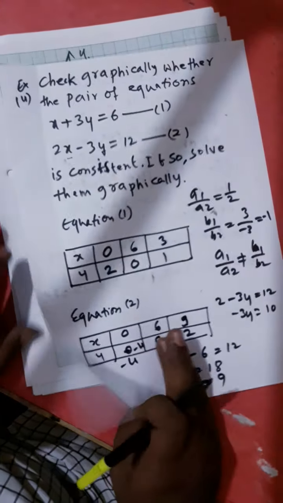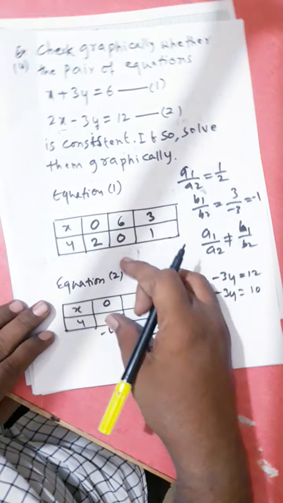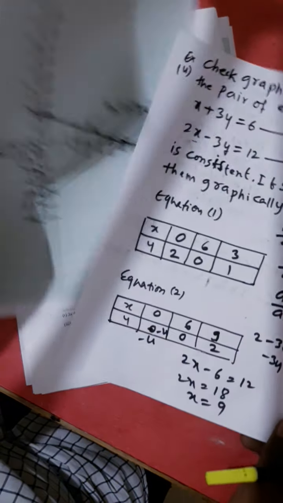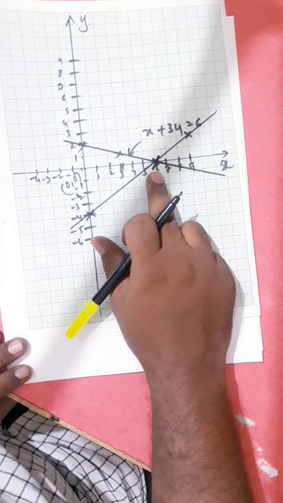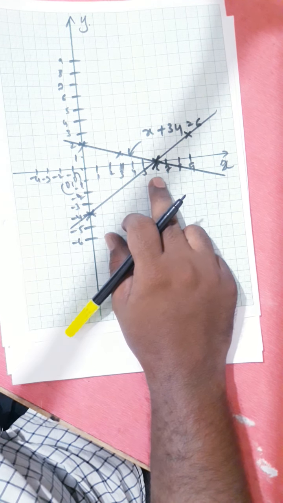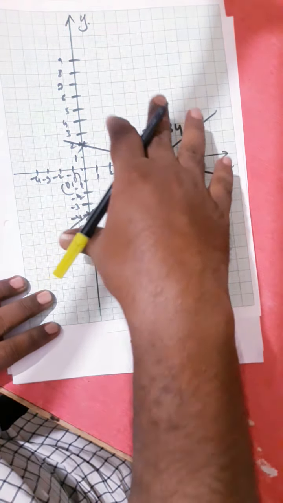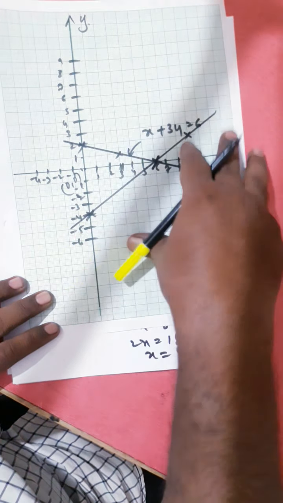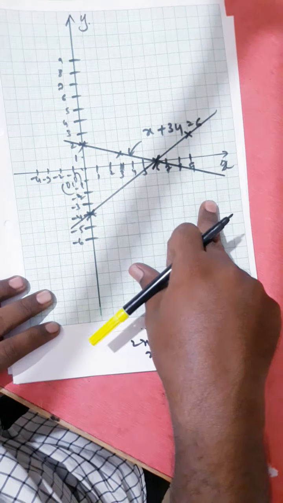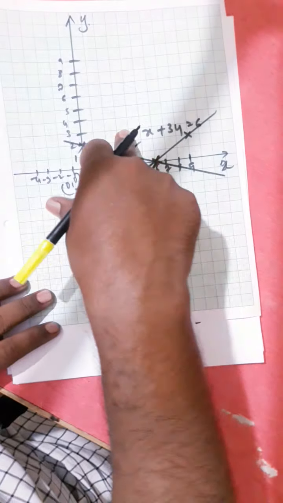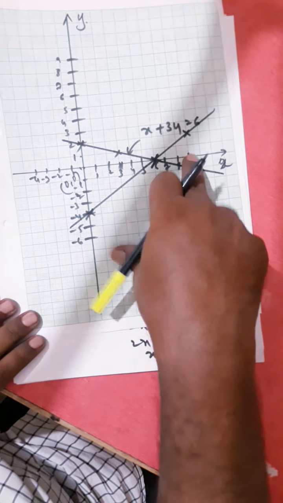So, like this, first we'll take the lines, we'll select the two sets of x and y, we represent it graphically, then we see whether they are intersecting each other or whether they are coincident to each other or whether they are parallel to each other. If they are intersecting at a point, one solution. If they are coincident lines, many solutions. In both cases, intersecting and coincident lines, the sets have solutions, therefore they are called consistent.